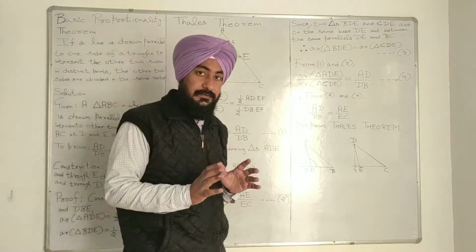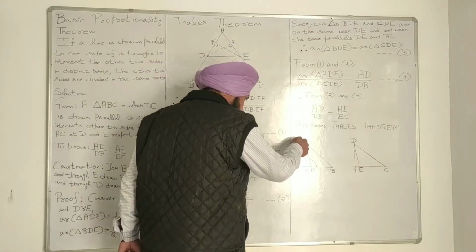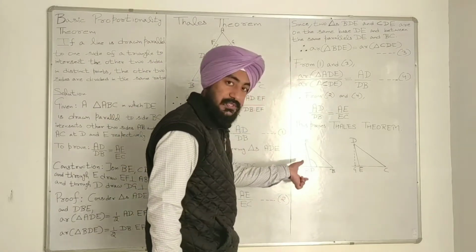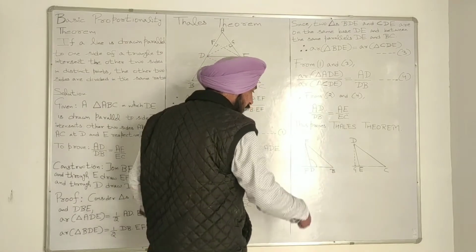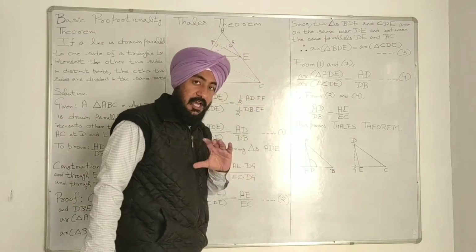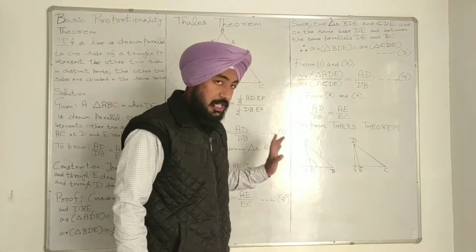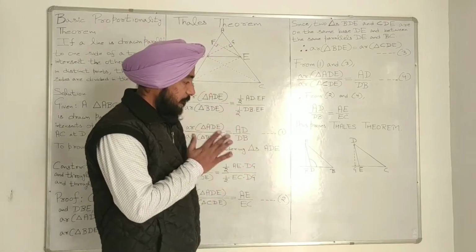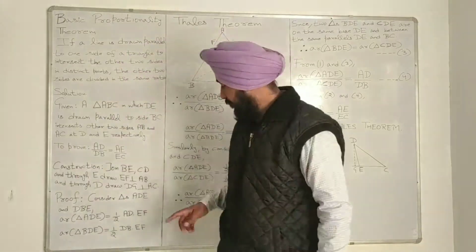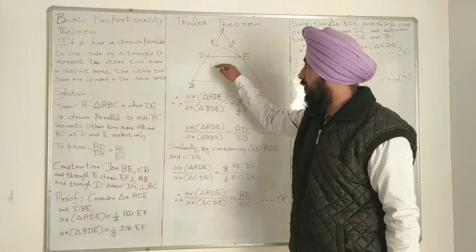For taking the height, I have taken a perpendicular EF and I have produced or extended the base DB. You can see here I have extended the base DB and I have taken the perpendicular EF, which is the height of this obtuse triangle. Now this EF will play the role of height of this obtuse triangle. So this was the logic why I have taken EF, which is outside this triangle DBE, as the height